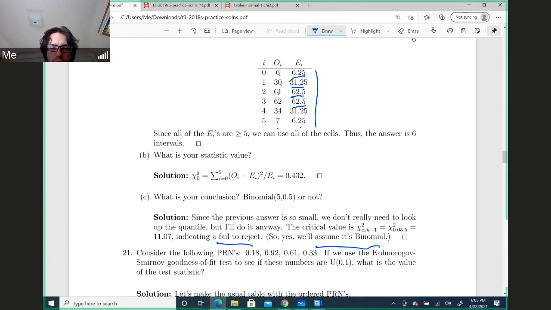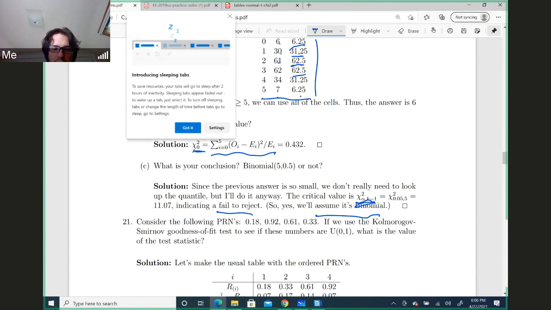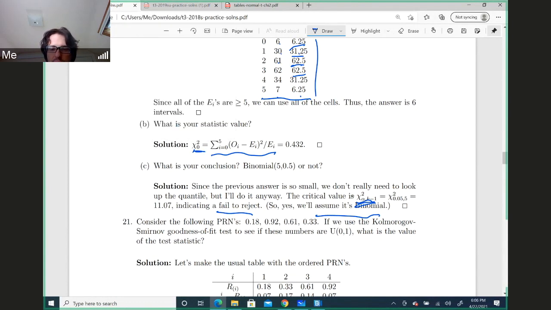So, if you write out this table, you can use it with this formula to calculate the statistic value. And you can compare that statistic value with the critical value. And because this statistic value is a lot less than the critical value of 11.07,